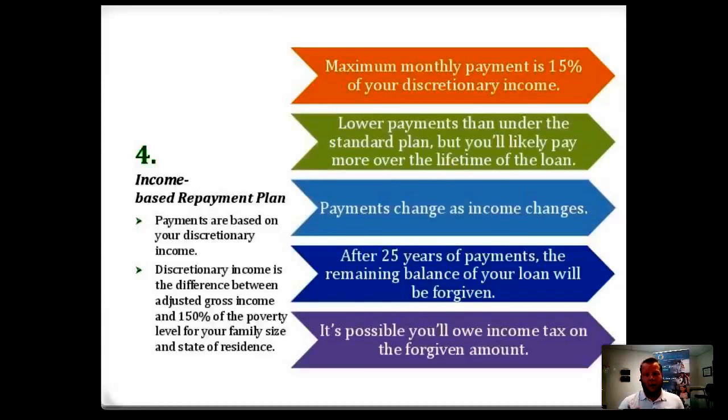So let's say you're a husband and wife, you have 3 kids. Between you and your husband, you're filing your taxes married and jointly. So they're going to take the household adjusted gross income. They're going to have the 3 dependents on there, and where you live. All that, then they say, okay, based on these numbers, the Department of Education has a mathematical algorithm that says, based on this, you should have a discretionary income of $1,000 per month. Of the $1,000, we're going to base your payment off 15% of that. It's $150 a month. That's how they factor the payments.